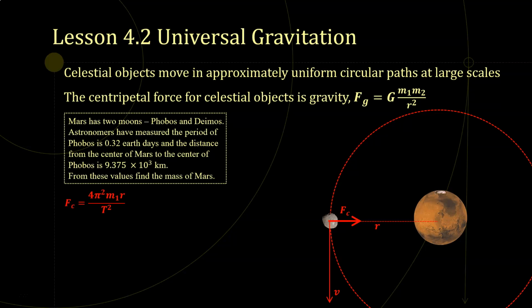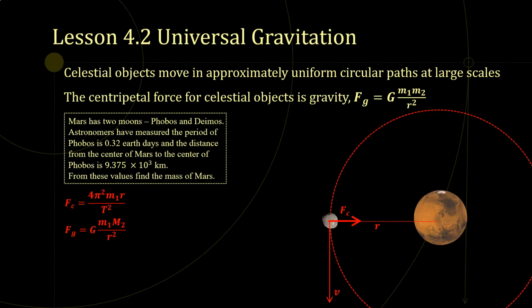Our equation for centripetal force and period is 4 pi squared times the mass times the radius divided by T squared. I'm going to put a little subscript 1 in there, and I'm just going to note right away that 1 is going to denote the object that's moving in a circle, not the central object. And then I also have this universal gravitation equation, G times M1 times M2. So I'm multiplying together both masses. One of them is going to be the mass of Mars, that's capital M. One of them is going to be the mass of the smaller object,